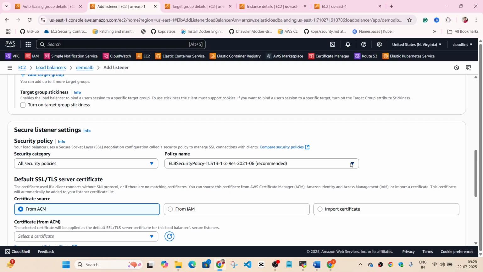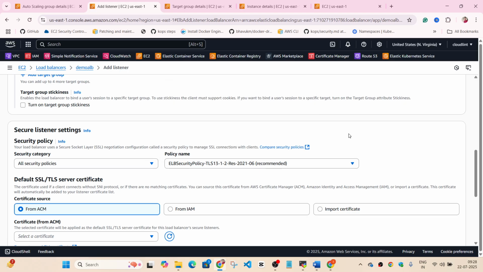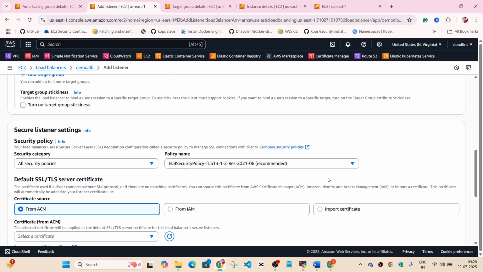There was a security team which was using a tool called Tenable, and they ran compliance and security scans on all of the AWS accounts, and they found that the security policy attached, and the different policy elements that were part of the default ALB policy, were not compliant to the security standards. So they sent me an email that we have to change it. So in those cases, you have to read through all these different ELB policies in the AWS documentation and decide which one to use. But for our use case, we don't have to touch it. I'm just giving you a random scenario in which cases you have to change it.